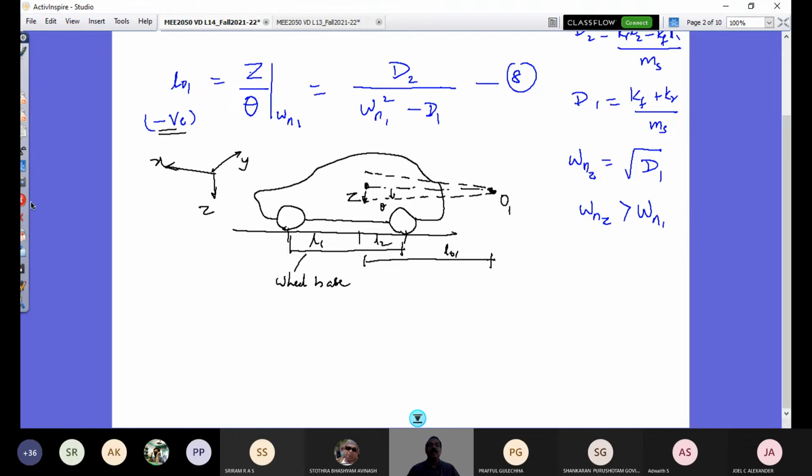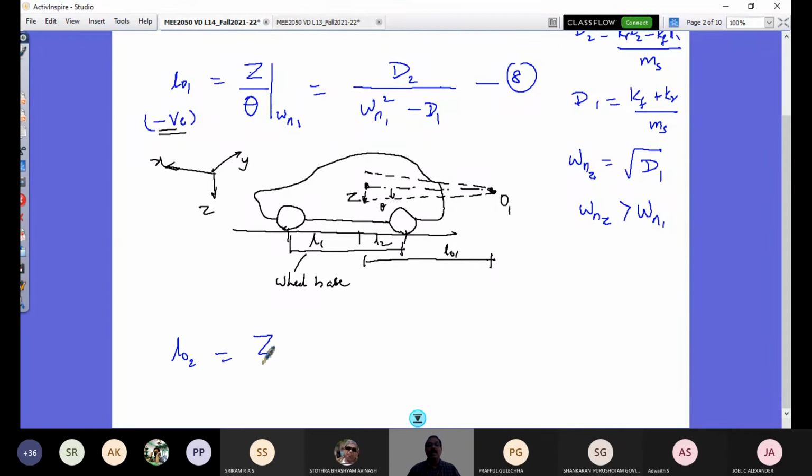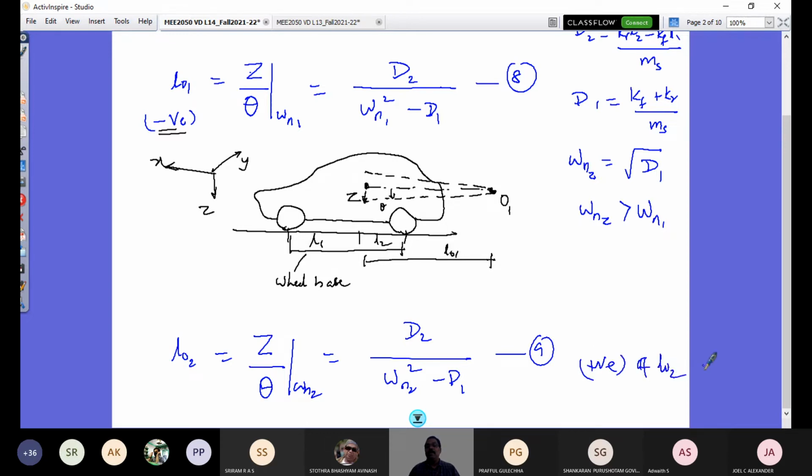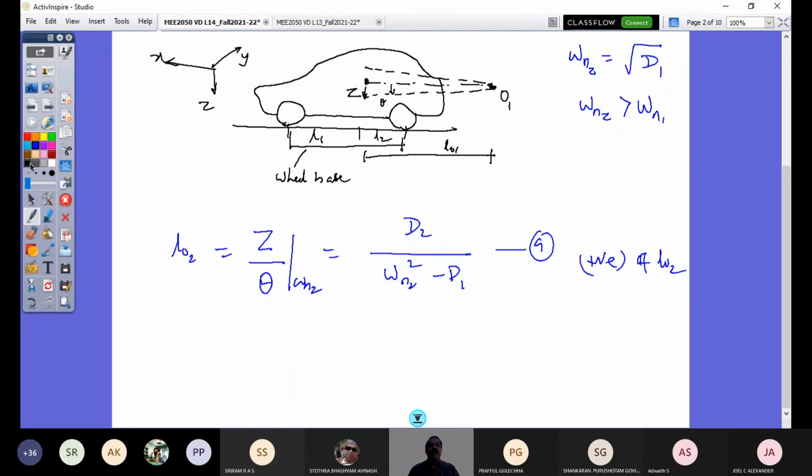So let's look at the next oscillation center. What is it? L02, that's going to be Z by theta at omega n2. We have just now seen omega n1, omega n2 for a coupled system. So substituting this frequency in this expression of D2 by omega n2 square minus D1, that's equation 9, I would have now a positive value of L02. So since it is a positive value of L02, I would have my vehicle